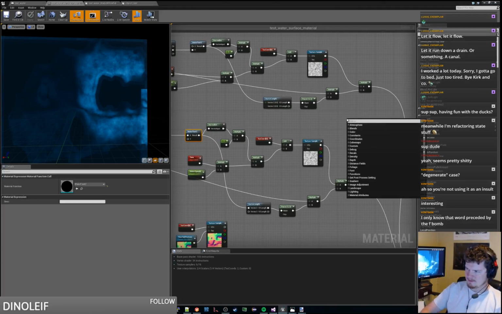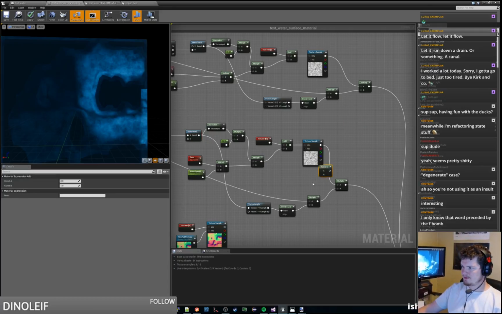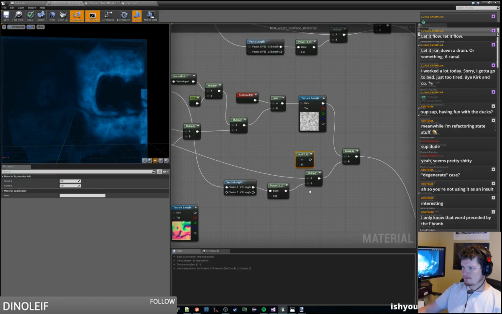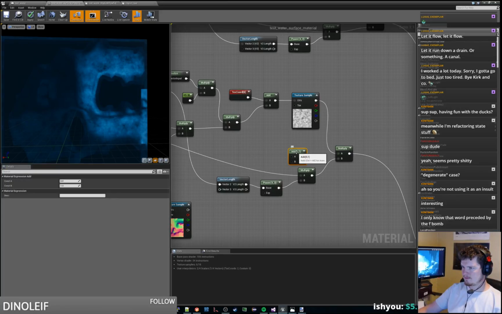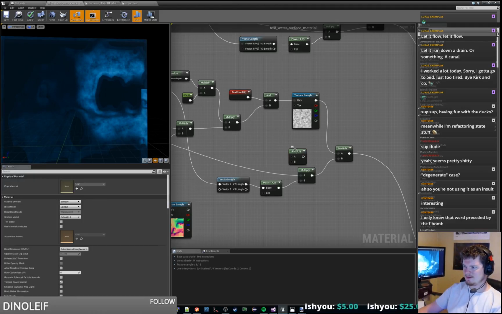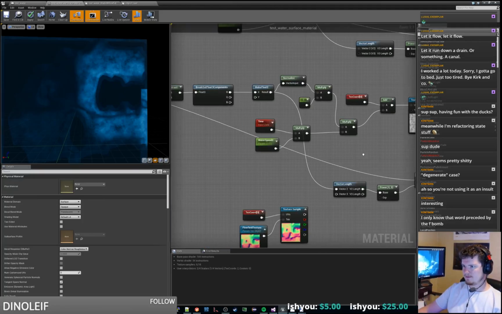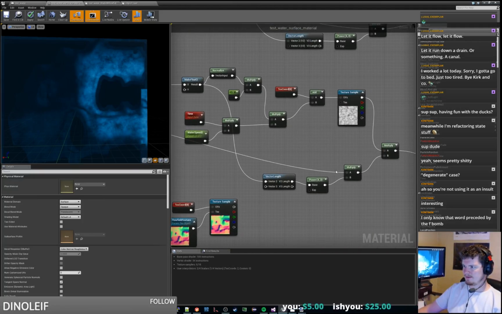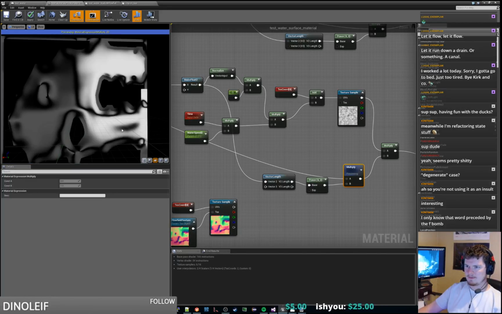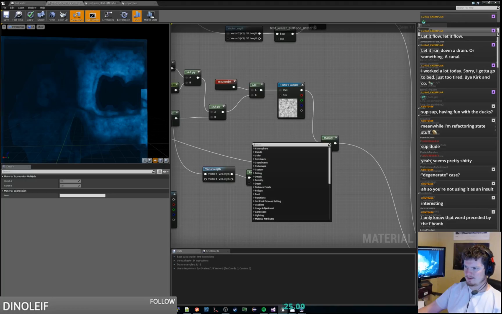Maybe instead of a multiply, I need like an add or something like that. Because what I want to do is some of this should be more faded in based on the intensity in the area. The intensity is the alpha channel here. We've got this white that's coming along here, and we need it to override some of this. So maybe we want to